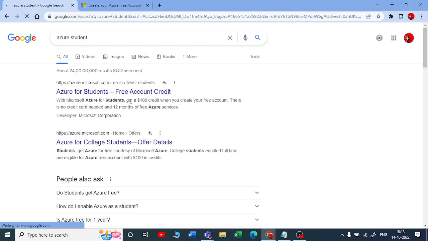So you can see that they'll give you $100 credits with your free account, and there will be no credit card needed. They will not ask you anything about the credit card, but we can set up an account with a debit card also, not an issue. And for all 12 months there are services which are free. You can use them for 12 months.